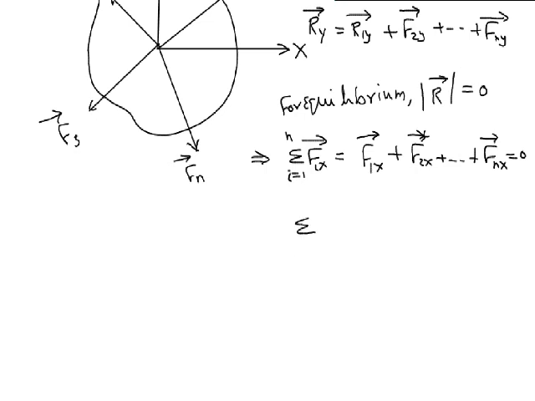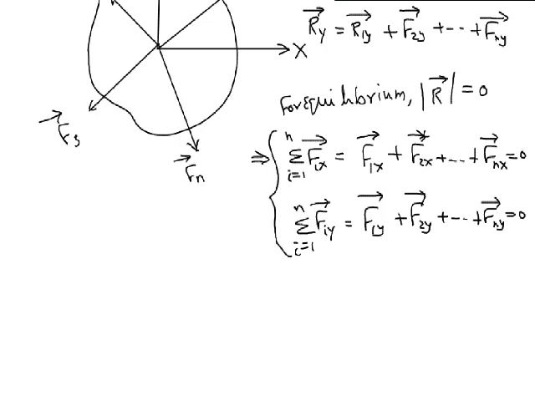Similarly, the sum of Fiy bar for i equal to 1 to n, which is F1y plus F2y so on up to Fny, is equal to 0. These two are the conditions of equilibrium